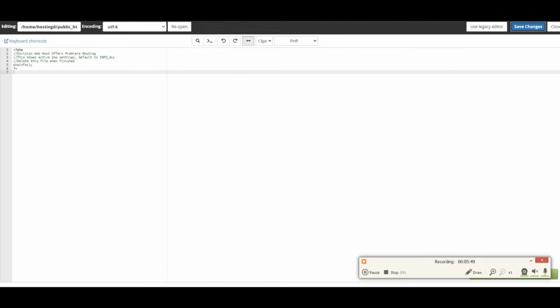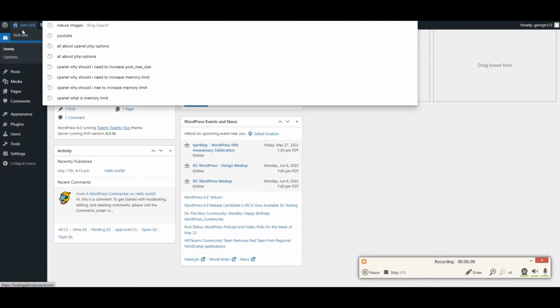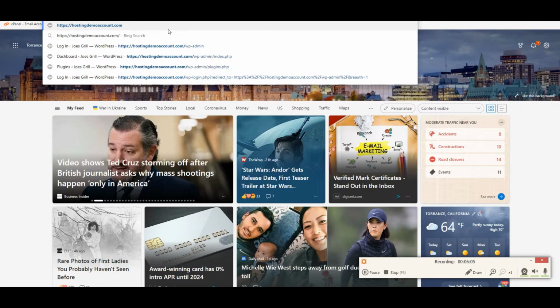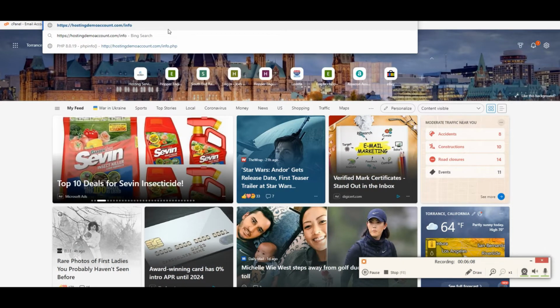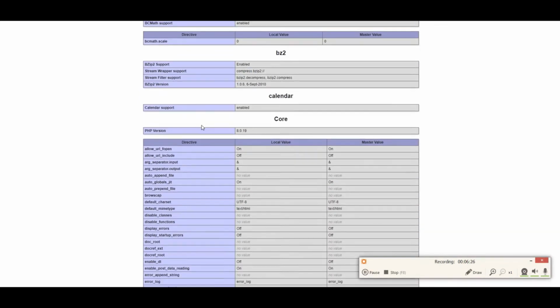Now, if you go to your website and type in info.php, you will see your configuration and a far more detailed report on what is enabled, what limits you have,